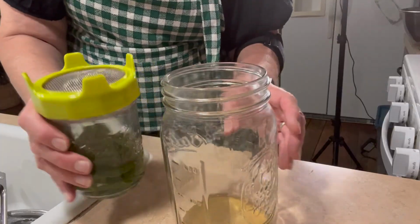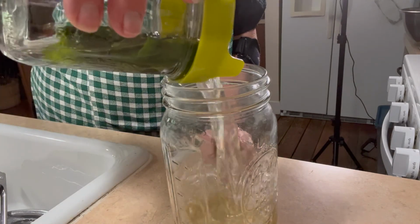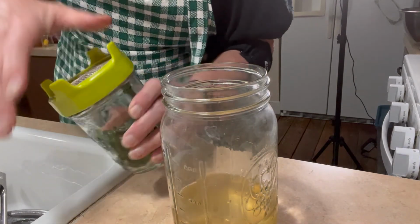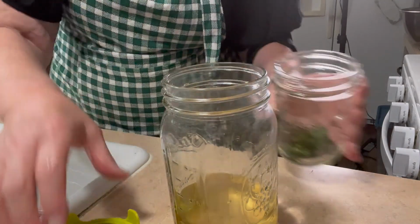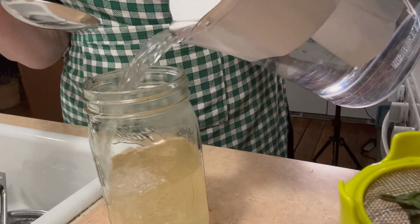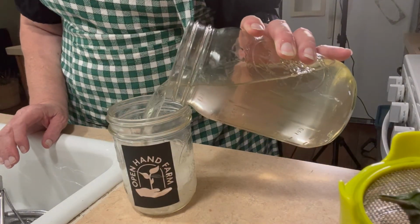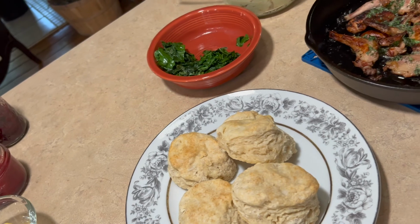Now all we have to do is finish the basil tea. Okay, this has been sitting, so I'm going to kind of swish it around and just pour that into this cup. Now, I also like to kind of squeeze that and then stir it up. Sorry, that's loud. Add the water. And serve over ice. So here we are with our homestead dinner. Homemade